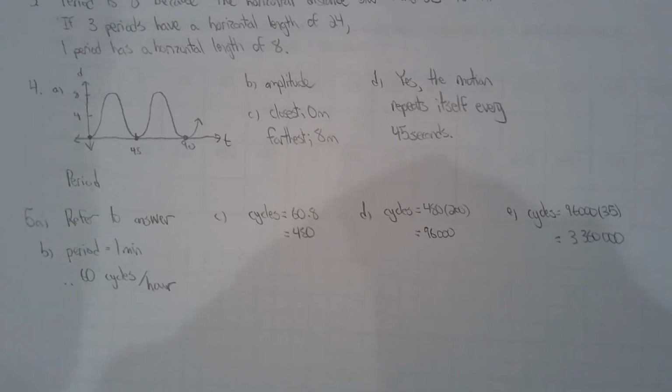And if it's an 8-hour daily shift, then we're looking at 480 cycles. And in 200 days a year, we're looking at 96,000 cycles. And lastly, over 35 years, that's 3.36 million cycles. So once again, the beauty of periodic behavior is that it makes everything very predictable. So hopefully